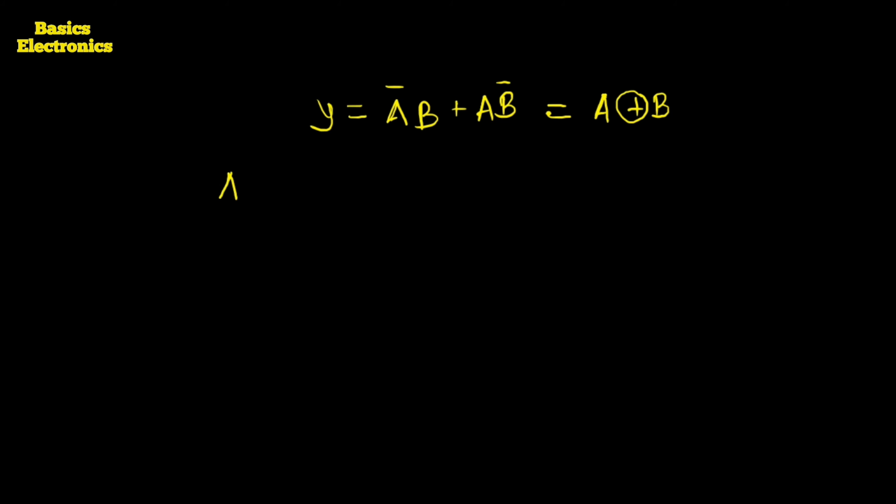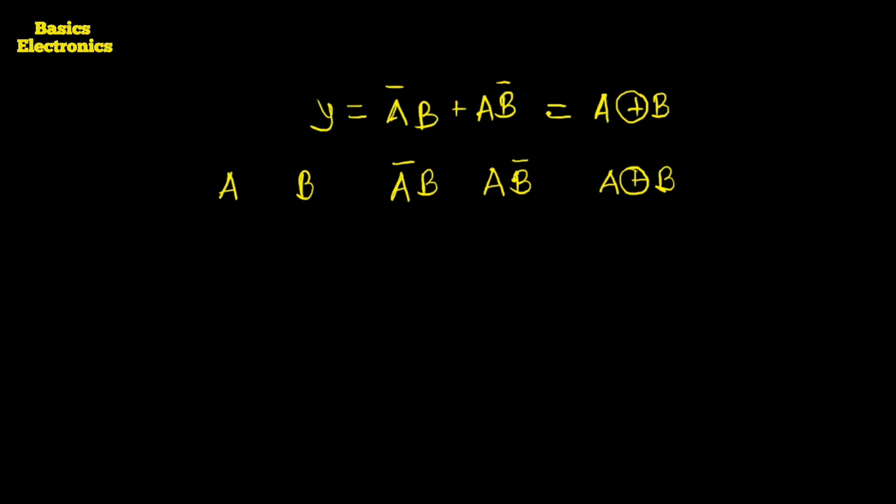We put here the inputs, the A input and the B input, because only two inputs are here. But here, instead of putting the value of the direct output, we make the truth table as a large truth table for our better understanding, and then we'll make it as a short, normal truth table. So here we consider two outputs. First one is A bar B and second one is A B bar, and then we'll see the final output. That final output is A XOR B.